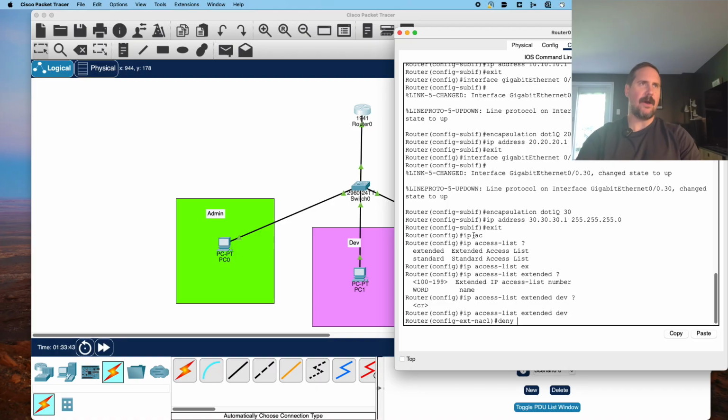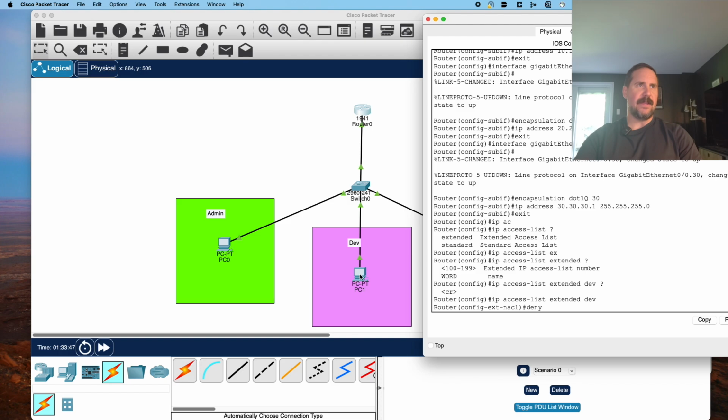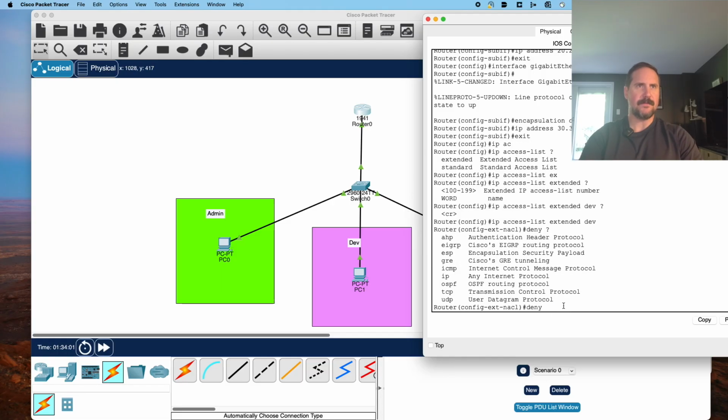We're not going to allow the dev VLAN to request pings going this direction and back over to admin. All right, so deny what? We're going to deny ICMP